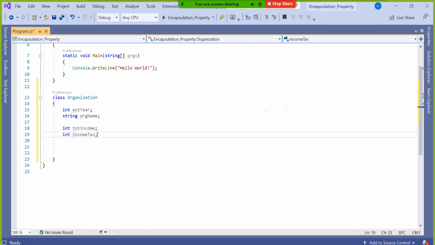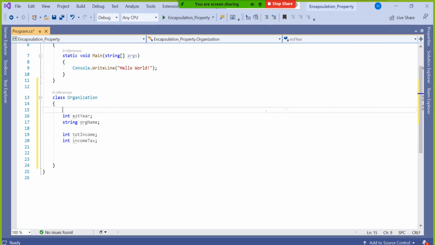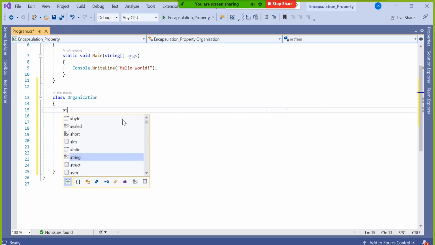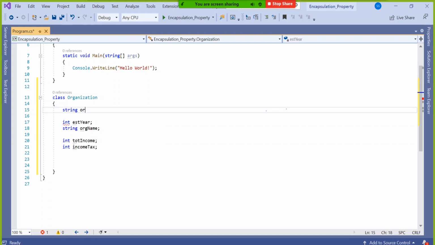I'm taking one more variety also at the top. I'm saying address, string, organization address. How 3 varieties I will say. Established year never changes, right? That means this one gives exposure but should not be modified.